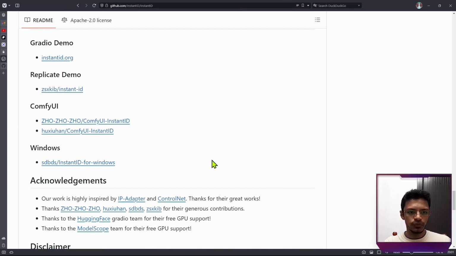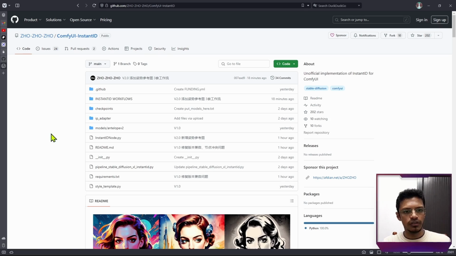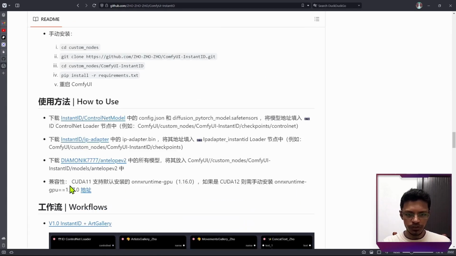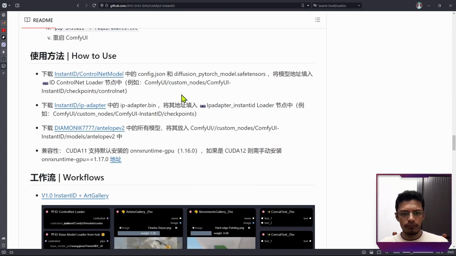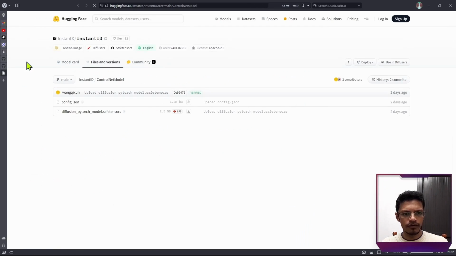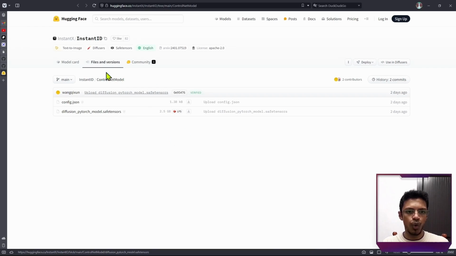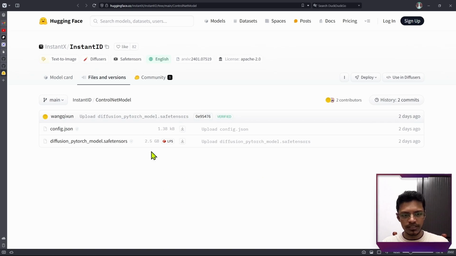Let's go into GitHub repository for the ComfyUI Zho-Zho-Zho implementation of InstantID. And you want to scroll down until you see how to use. And I do not speak Chinese, but basically what it's saying here is you need to download the controlnet model from this link. So click on this controlnet model link. It will open the HuggingFace website, the InstantID. This is the original project. And here, very important, you need to download both files, the config.json as well as